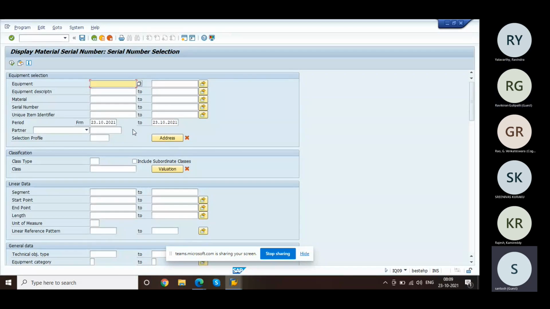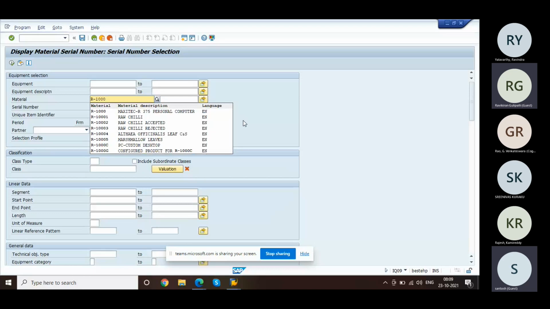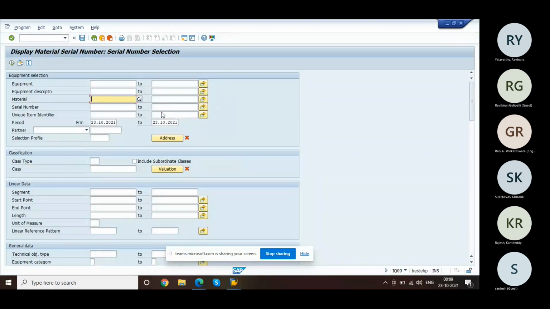Okay, here you just enter your material, which material you want. So the system will give you all the materials and all the serial numbers available for this. Okay, if you just execute,